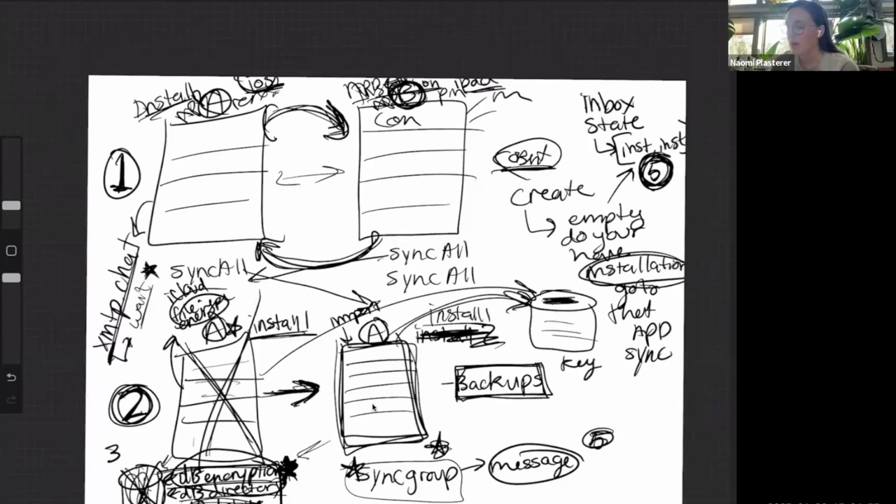This doesn't work if I'm app B, if this is app A and this is app B. The reason that this doesn't work between app A and app B is that they wouldn't know where this file was uploaded. Hopefully they don't have access to it. This is company B and this is company A. So the case that backups are solving for is I am a company and I want to back things up so that my users can download it in the same app. So if you think about this for